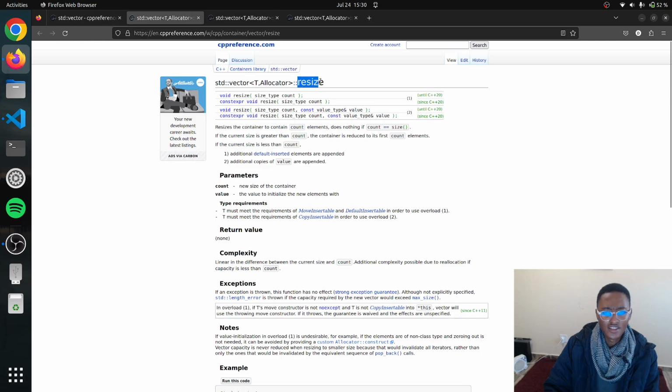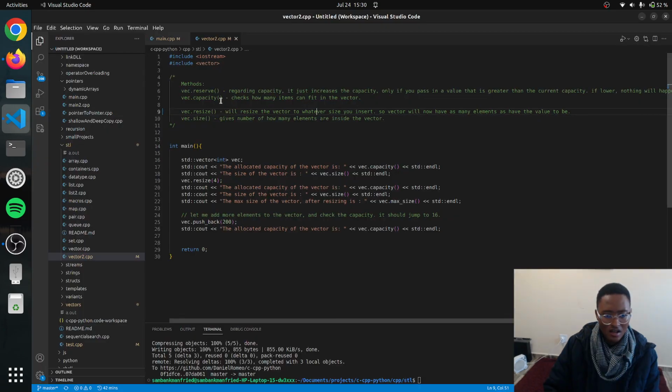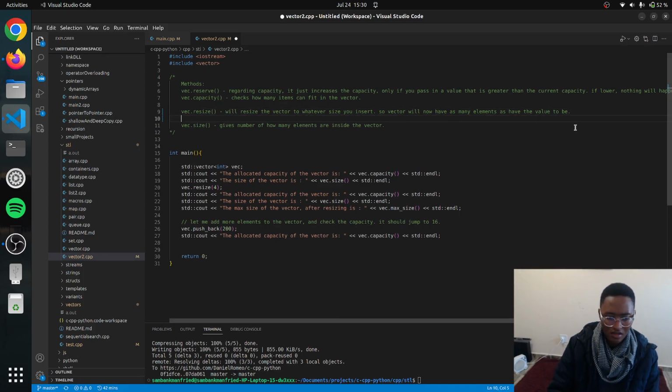Okay, so if I increase the size, I need to pass in a value that I will initialize the new elements with. Yes. Resize. And if we want